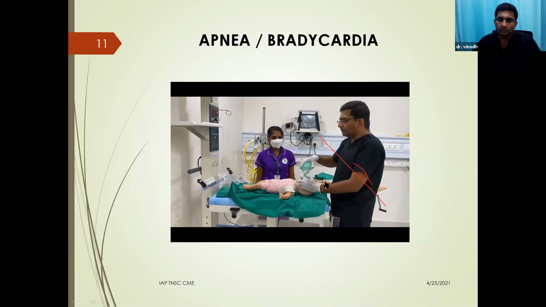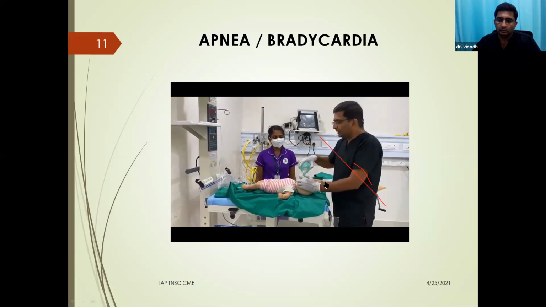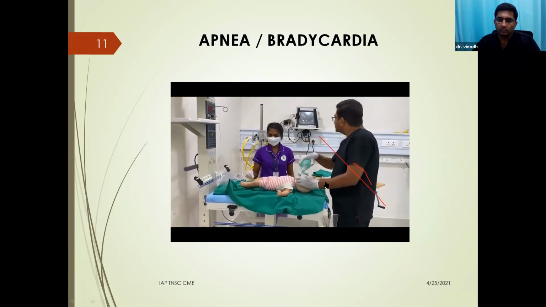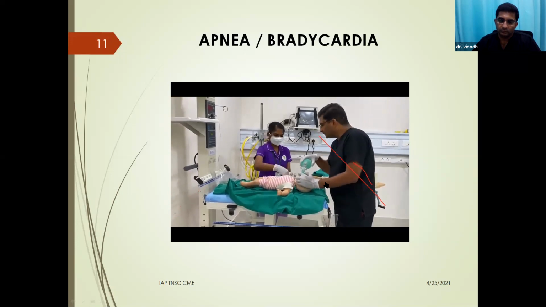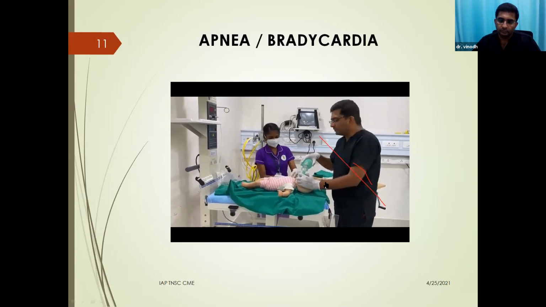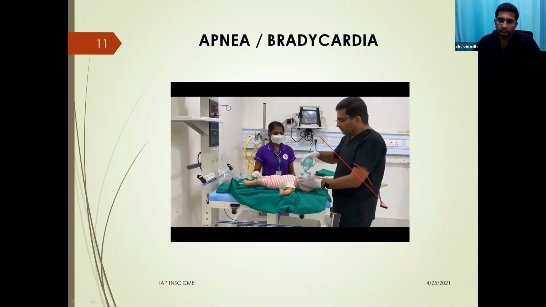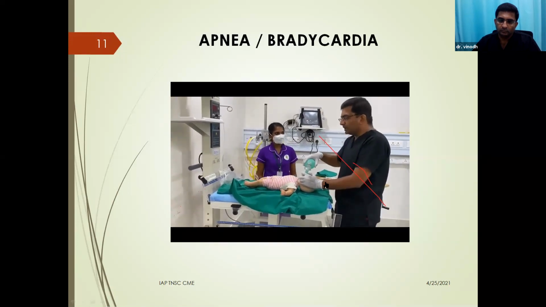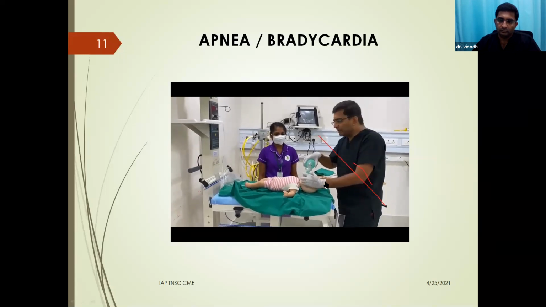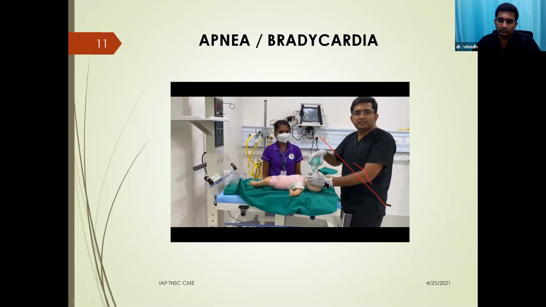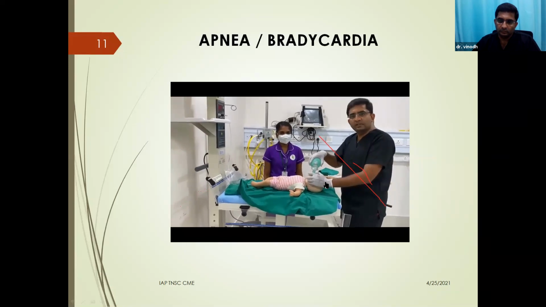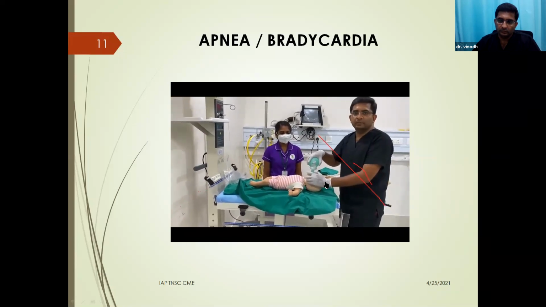When we start positive pressure ventilation, it's ideal to start pulse oximeter monitoring. Place the probe on the right hand. If you have the facility of ECG monitoring, the leads also have to be connected. Regarding oxygenation, it is desirable to start at 21% FiO2 when we deal with term babies. If it is less than 35 weeks, then we are justified in starting somewhere between 21 to 30%.